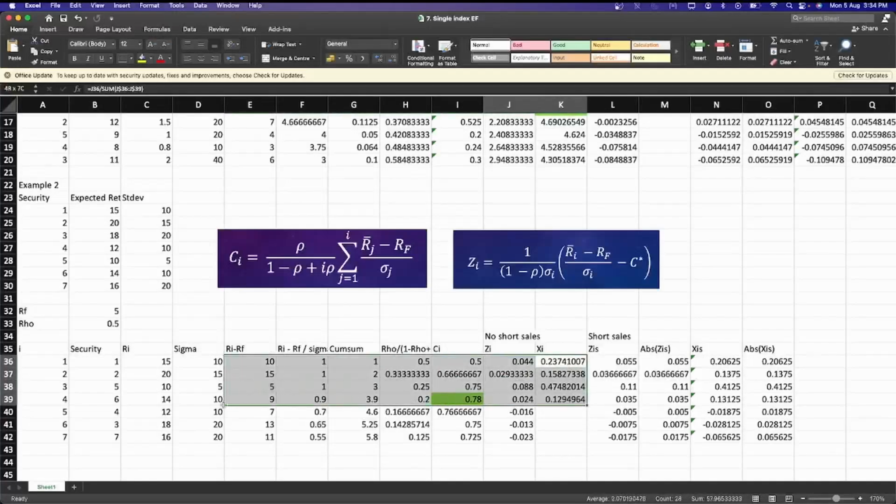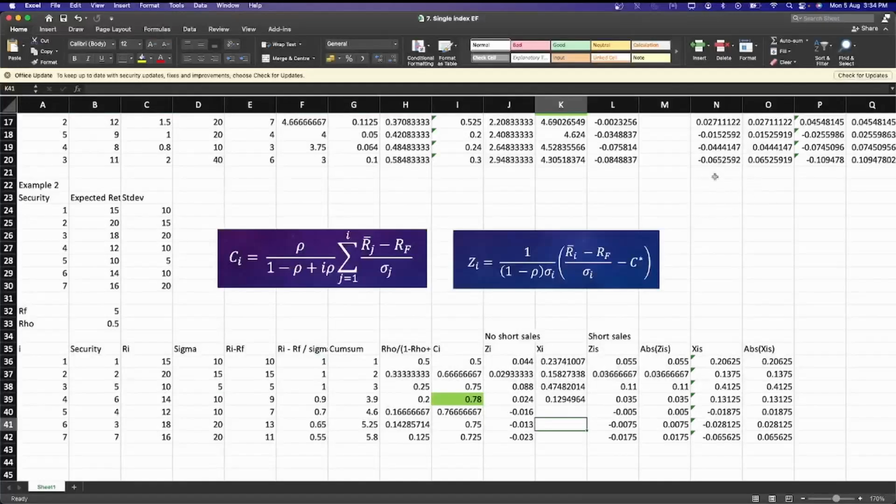This is our final portfolio. These 4 securities, numbers 1, 2, 5, and 6, make up our portfolio: 23.7% in the first one, 15.8% in the second one, 47.4% in security number 5, and 12.9% in security number 6. So when short sales are allowed, the process is again the same as the one that we have seen in the single index model,